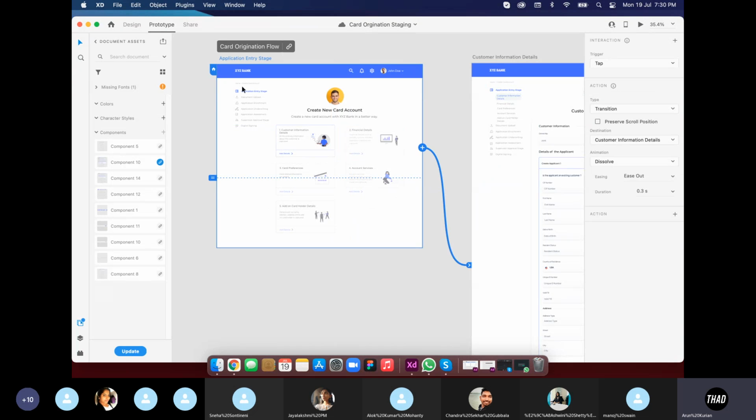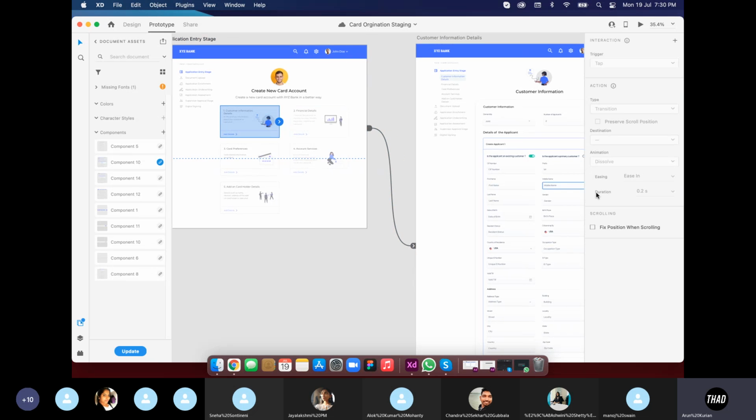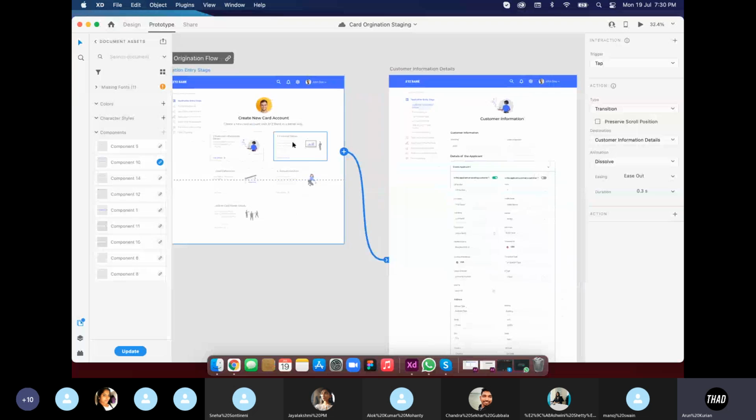Here you can create one page as a home page. Then you can select each and every component, and you can link this to the next page. So here, when I click on this particular page, it will take me to the next page. On the right hand side, I can choose between different triggers.